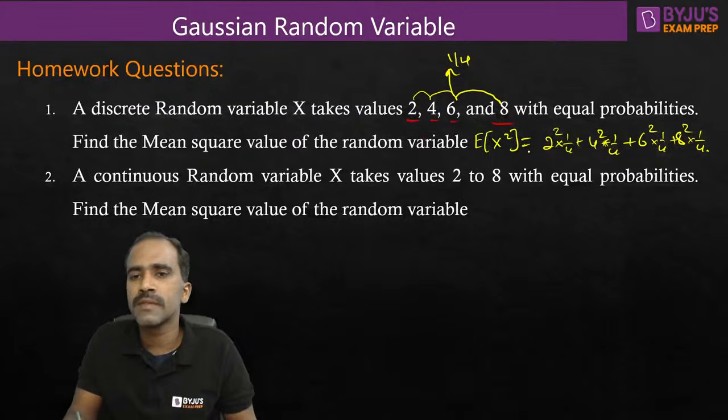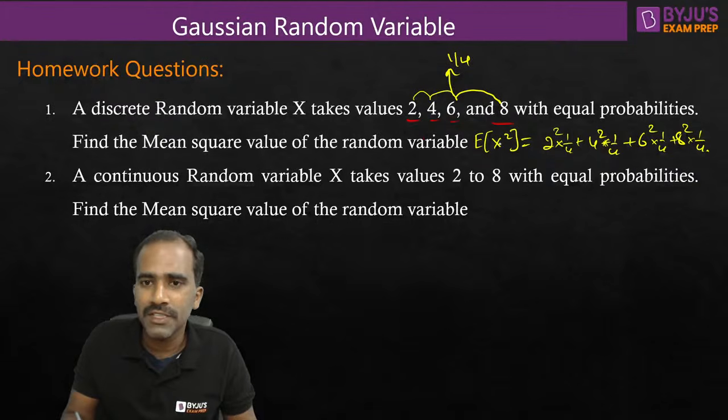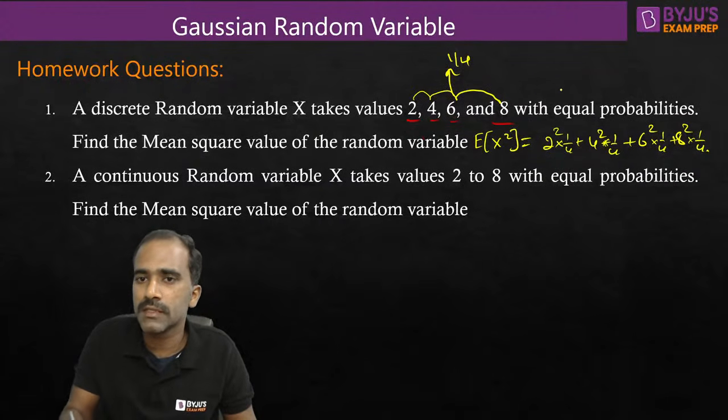That's it. Whatever they want to average, take the possible values for that. So x square they want to average. x square is not a single value. The possible values for x square are 2 square, 4 square, 6 square, and 8 square. You take them and multiply them with their corresponding weights or probabilities. Or if you want to go with the formulas, that is fine.